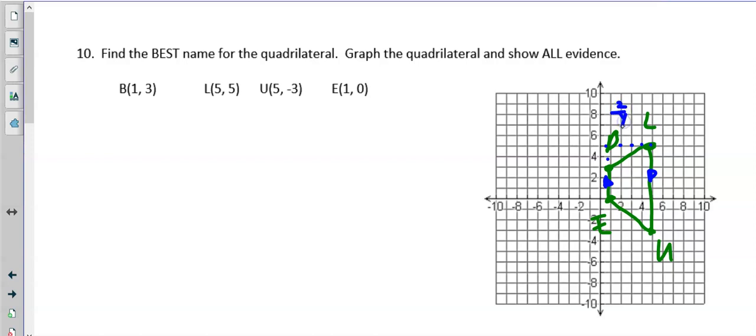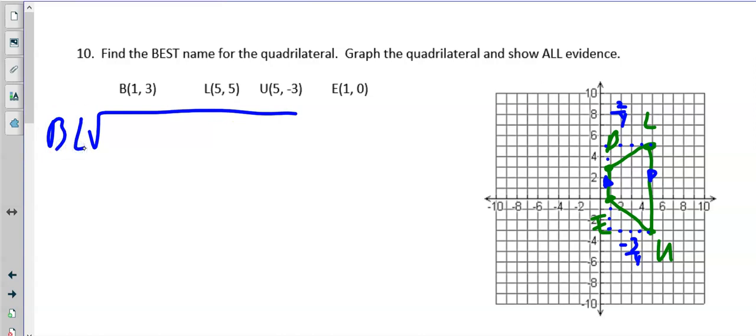So the slope is 2/4. You can tell this one's not going to be parallel because you can see they're running into each other, but mathematically, this is going to be down 1, 2, 3, right 1, 2, 3, 4. So down 3 and right 4. So we have a negative slope. So we know it's going to be a trapezoid because we have one pair of parallel lines and one pair not parallel. What we need to prove is that BL